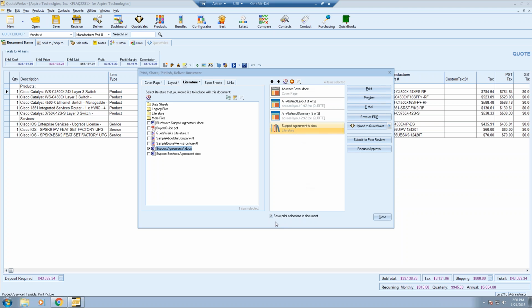Down at the bottom, there's going to be a checkbox that says Save Print Selections in Document. This will remember your print option settings. So when I created this quote, if I then previewed it or emailed it or saved it as a PDF or uploaded to Quote Valley, QuoteWerks would then remember moving forward all my selections here, so the next time I